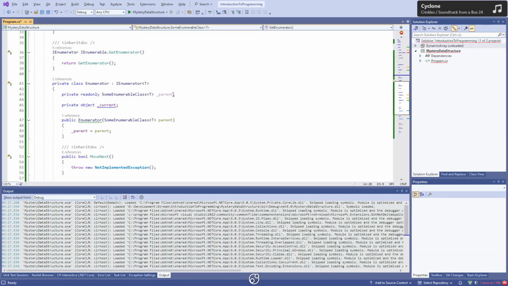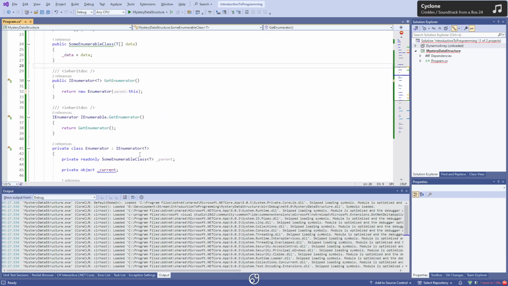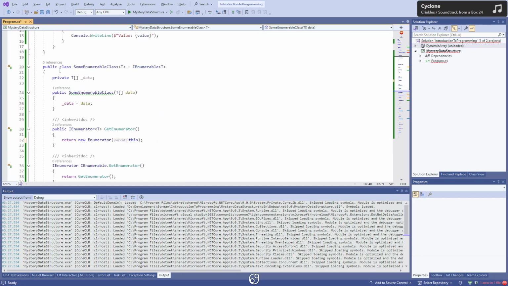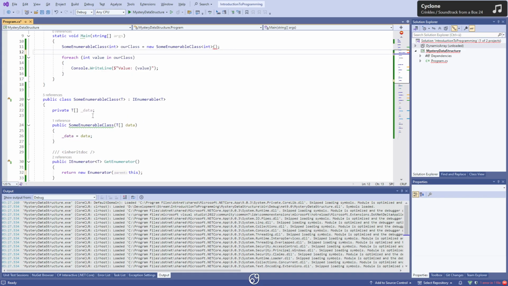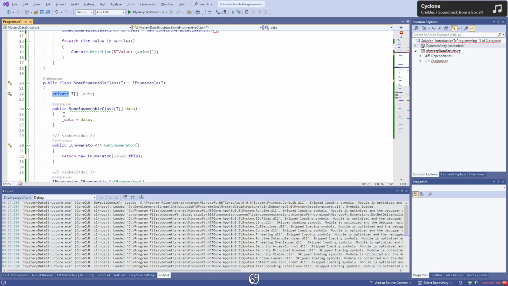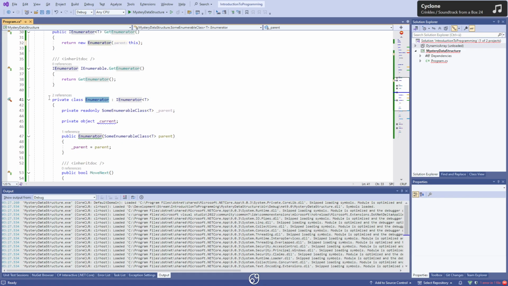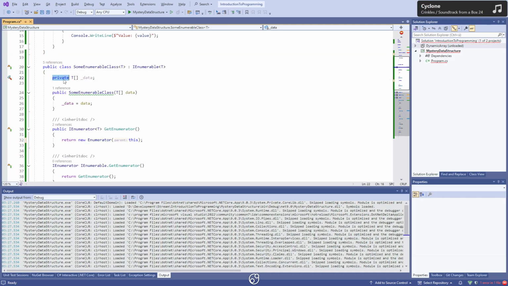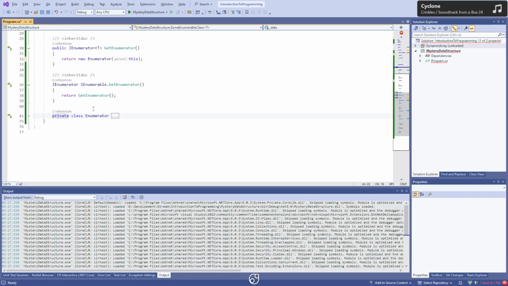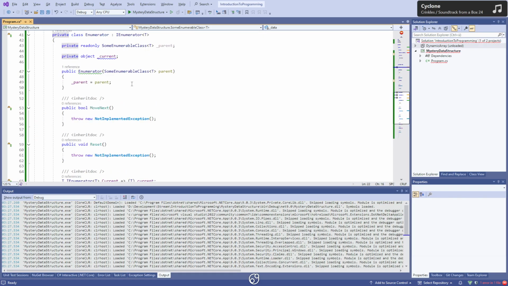But because of the specific rules, because we're inside the scope of this class, we still have access to everything that's marked private within this class. So on the outside, our class.data doesn't exist. We can't reach it. Our data is private. But enumerator is written inside this scope and has therefore access to everything that's marked as private. So we can actually,